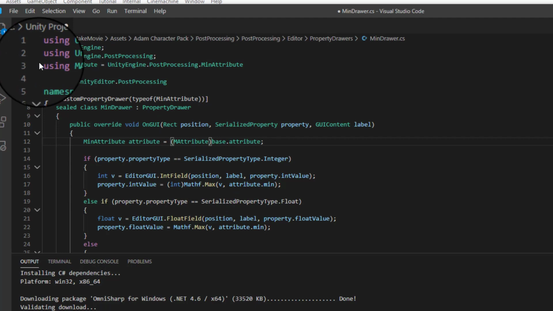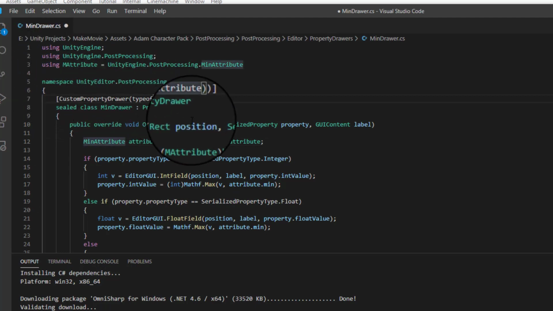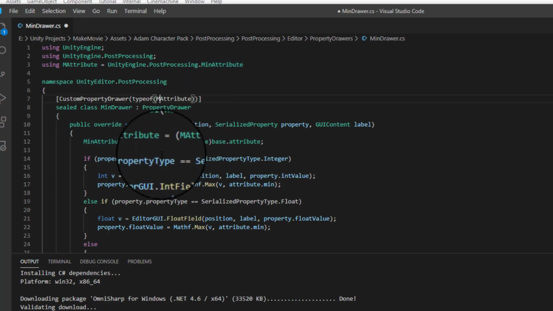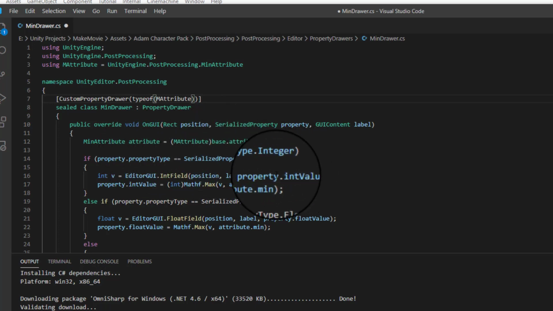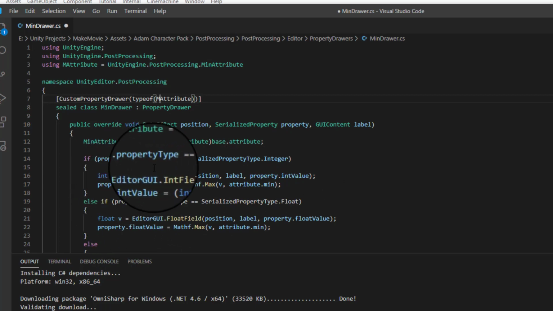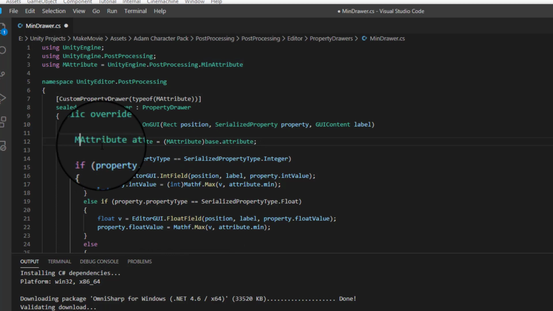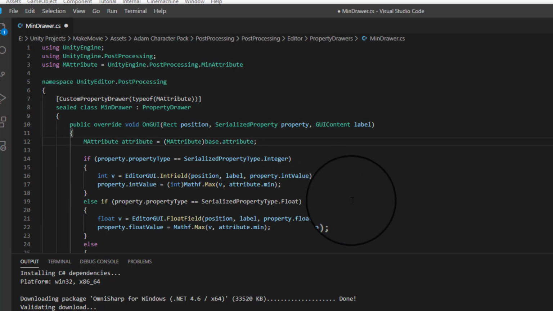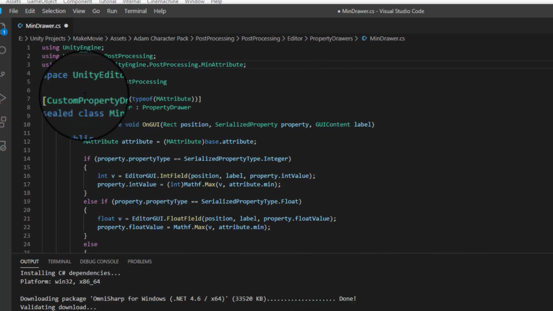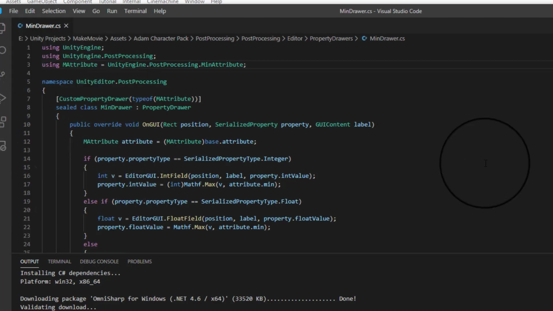So we added this on line 3, and then we're going to make this change on line 7 to M attribute, then line 12 to M attribute, and then one more place. I gotta spot it. There on line 12. We gotta change it twice on line 12, from min attribute to M attribute. And this fixes the problem with it not being able to correctly determine which min attribute is being used, whether it's from post-processing or the post-processing engine, and that will solve the problem with this. So we just simply go to File and Save, and that usually takes care of our